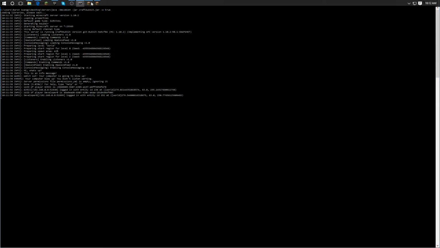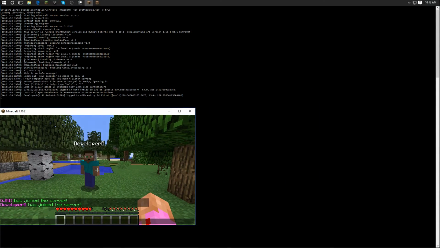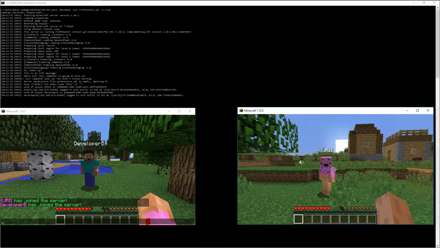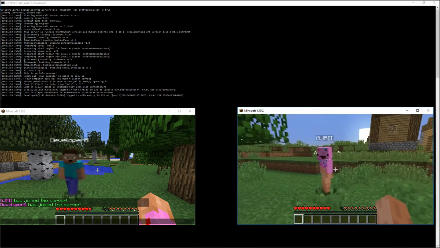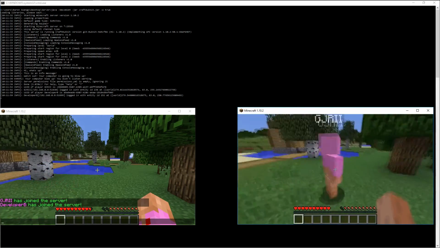Oops. Let's go ahead and put these side by side. So here's one right here. Let's look at the console too. And then we're going to put one over here. Perfect. Now, pretty much what we're going to do is we are going to run around, try and get hunger